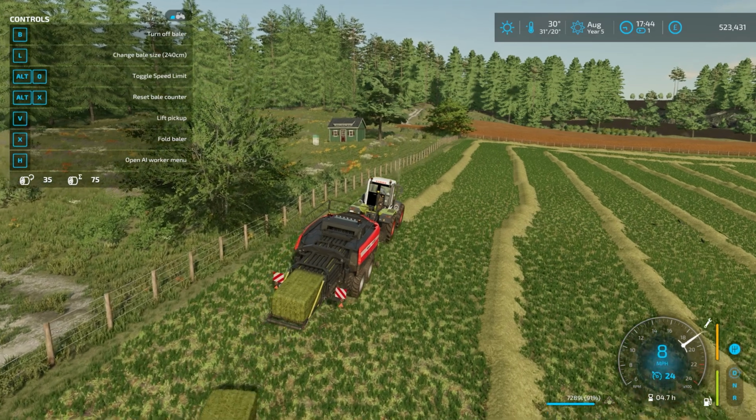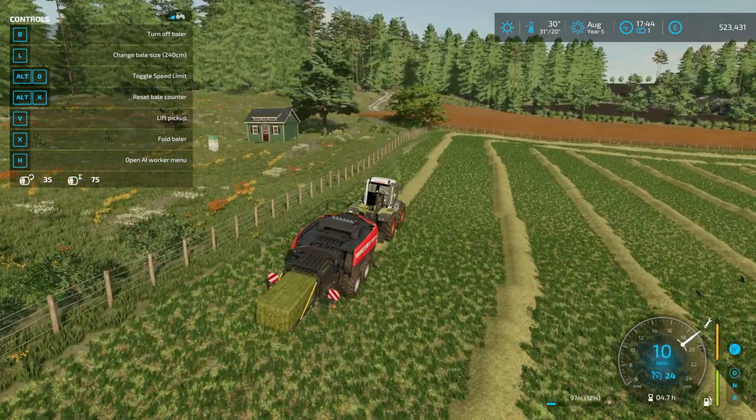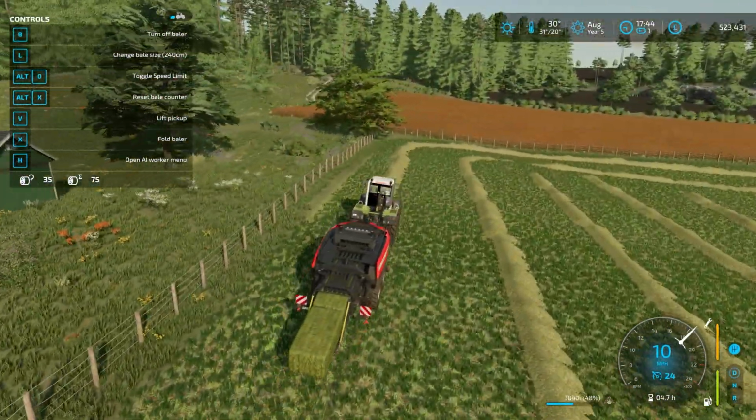Obviously they want grass ideally, but they will take hay. So that'll be our first stop. Our first port of call. We'll go to the sheep and we'll give them whatever they need. But obviously we don't want to be wasting this because